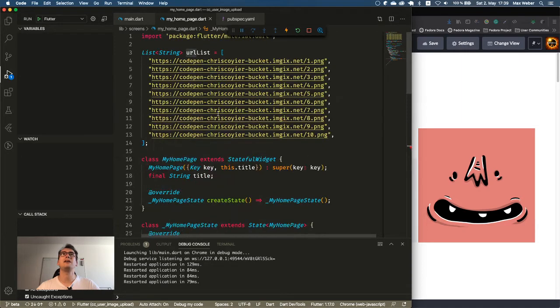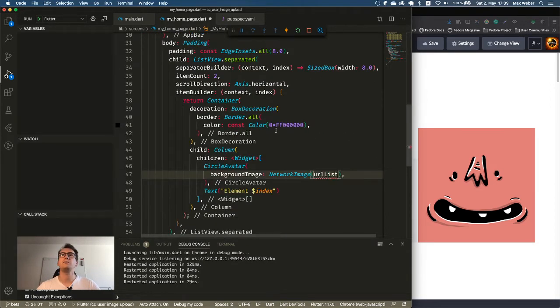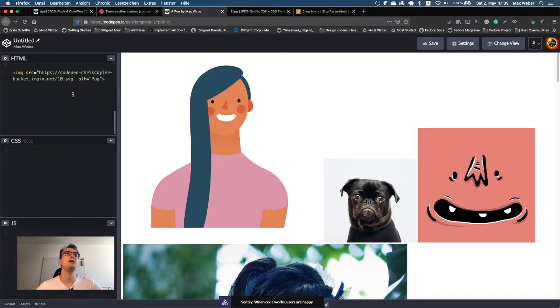And let's say now that the URL list is, I think, even final. I think we never touch that again. And we can take this URL list down here now. So stable, yes, I try to work always on stable because I think I already told you about the electric app that I sometimes post on Twitter. And what I want to do is whenever it is on, oh, was the 10th an SVG? Oh, that is mean because Flutter is not so good with SVGs. Oh, let's take a look.